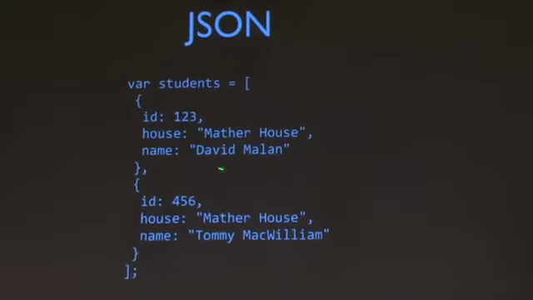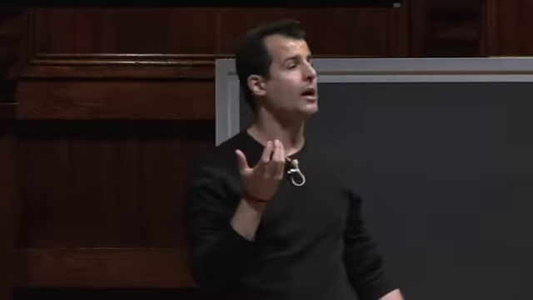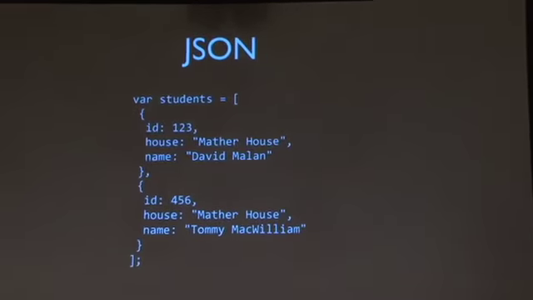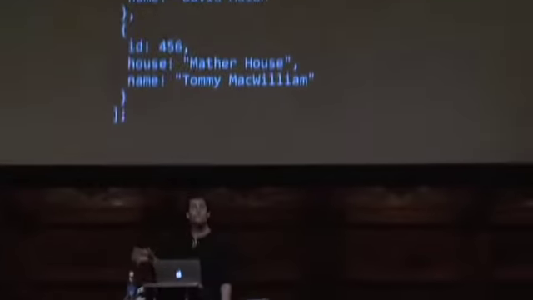And so now we have this very clean syntax, arguably, for bundling up lots of information, still semantically tagging it, so that I'm not just sending the number 123 Matherhouse David Malin, but rather I'm associating some metadata with it, these keys that just tell me, the receiver, what these pieces of data actually are. And notice, too, I don't have to mention any notion of data type here. These are very, very generic objects. Notice there is no mention of student with a capital S, no mention of an actual struct name or typedef or object. Rather, these are really generic objects. So for better or for worse, JavaScript's notation allows us to very easily bundle up together lots of pieces of data like this.